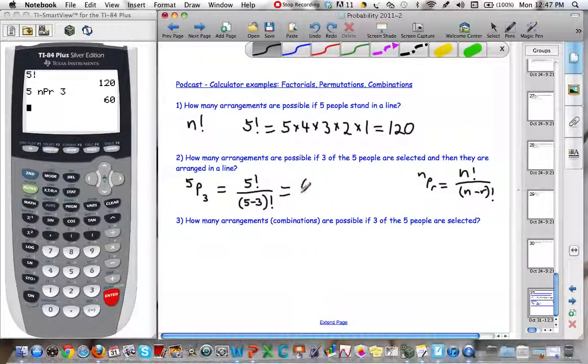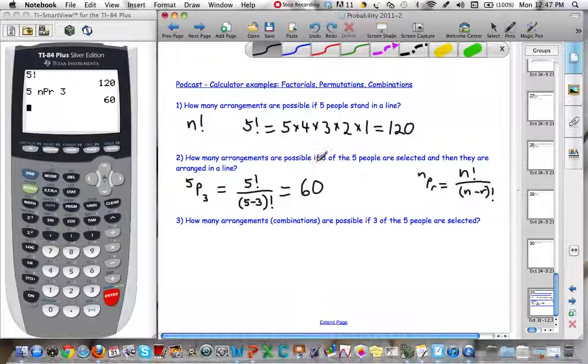You'll notice, of course, that the value is smaller than the answer obtained in the first one, and that is because by selecting only 3 of the people, we are reducing the sample space, the number of distinct possible